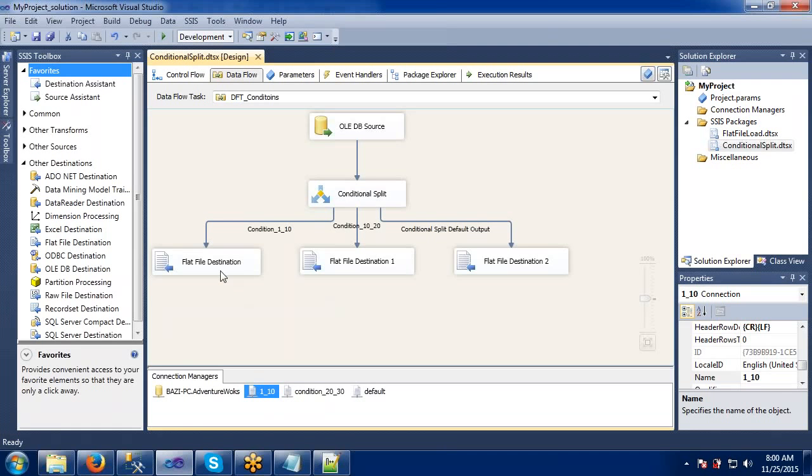What is our requirement here? Once this conditional split is done, this may be input for some other table. I may use this file as input to a second table. Did you get the point here?